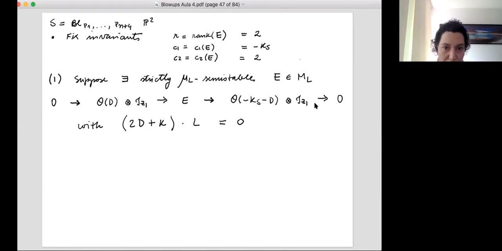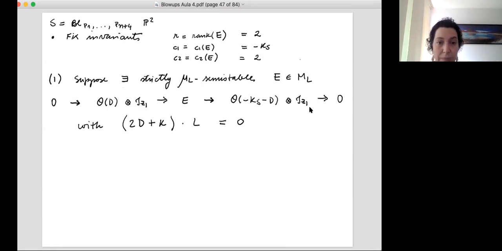So this E, this is what we call a destabilizing sheaf. The O_D, so this sheaf here is the ideal sheaf of some subscheme of length 0. And here I should have probably written I of Z2. So I have Z1 and Z2. These are subschemes of length 0 of the surface S, and my E fits in an exact